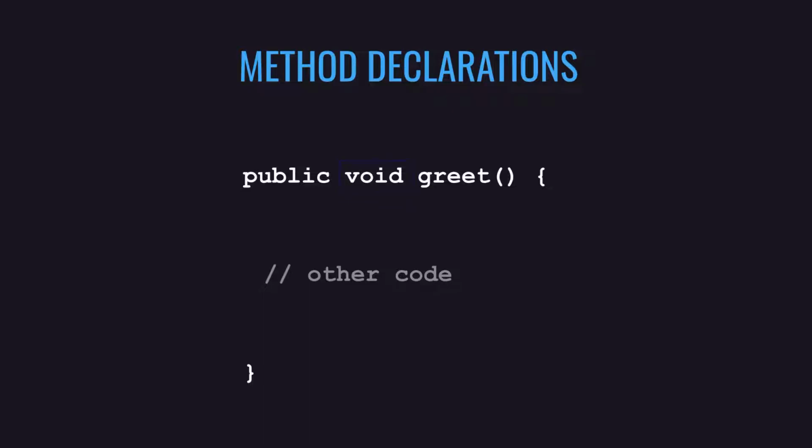Now, if you wanted to return something else, for example, you wanted to return the greeting itself, then you could replace void with the actual so-called return type. That's basically the type of the thing that you're returning. You could say public string greet, and that would mean that this method returns a string, character data we saw before. So a string of alphabetical characters, basically. Or maybe you want it to return something else. You could return an int, for example, which stands for integer. That could be just a number you're returning. You might return a date, if you're doing some kind of logic to manipulate a date on the calendar, that kind of thing. Or you can return an object as well. So you can choose to return whatever you want, basically.